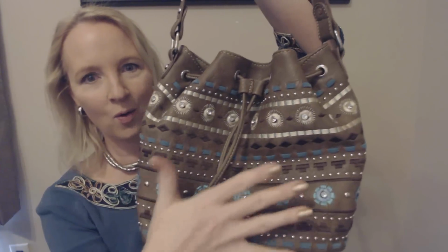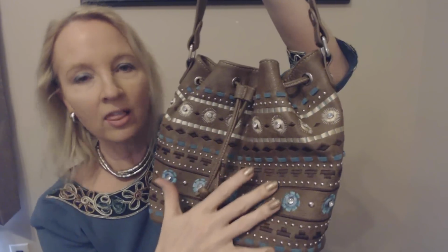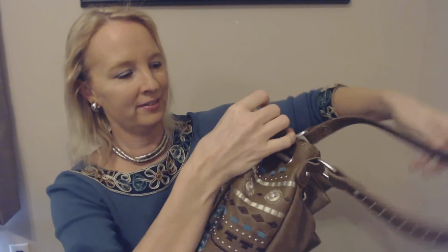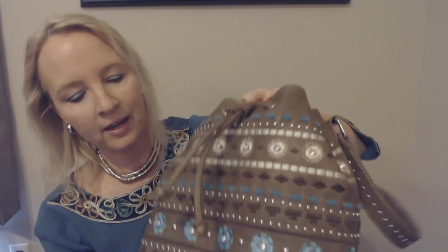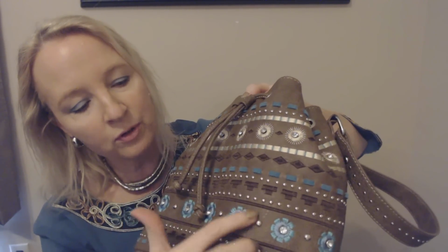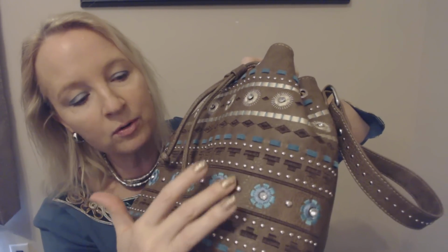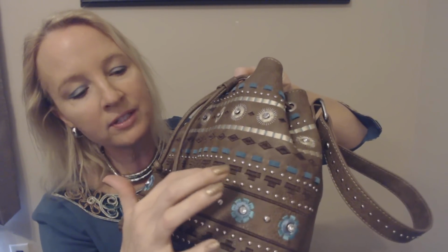Oh, and one more. I know, I'm getting to the other ones. This one is just, oh, it is so cool. This bag is just so neat. Look at this one. Oh, I love these colors. Look at that. I love the dark brown. And then we have two shades of blue. We have sort of a turquoise blue and then almost like a cornflower blue, periwinkle color. And we have these little silver